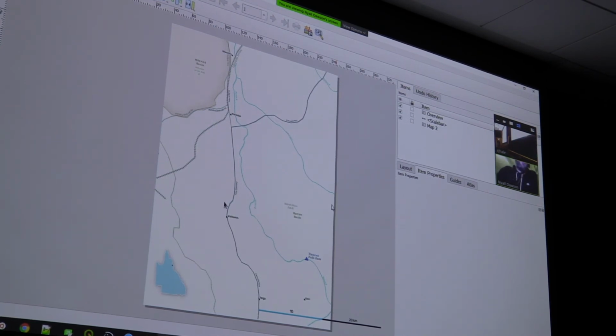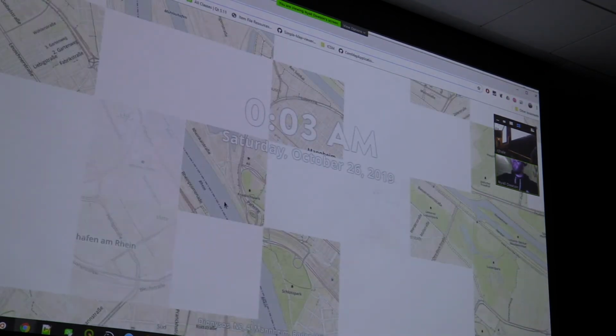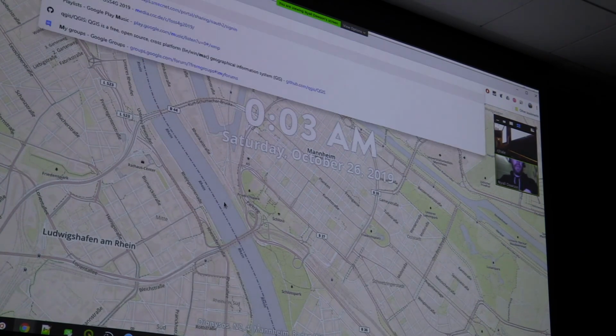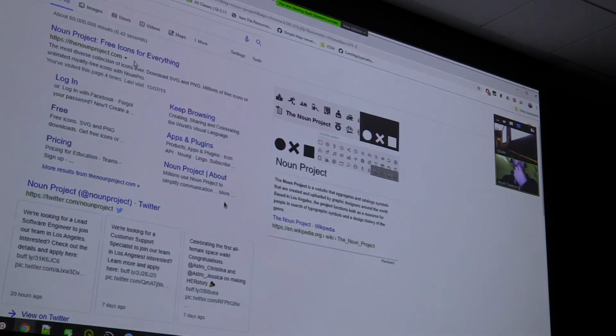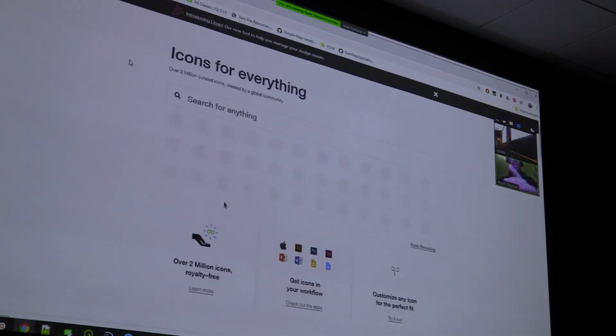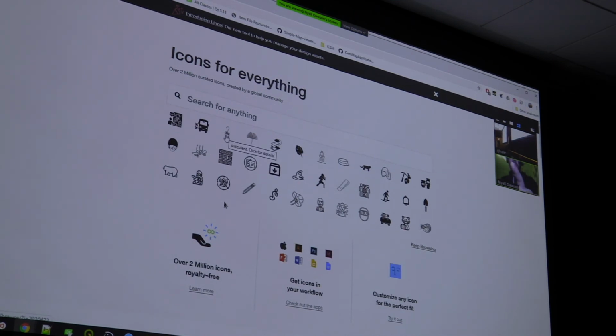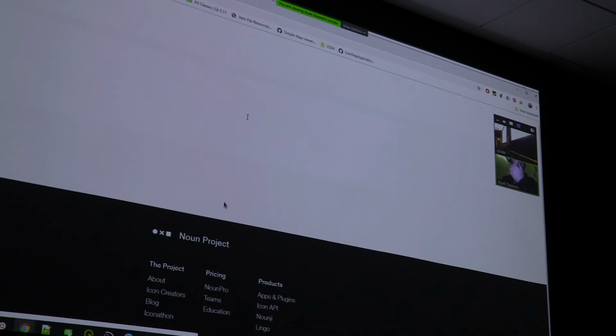Look, there are people who have published symbol sets, their own symbol libraries. But to be honest, my advice is if you're looking for icons to use on your map, go to the Noun Project. The Noun Project is a website. I guess it's like a massive clip art library, but it's clip art that works super well for maps. If I look in here for something like power station,